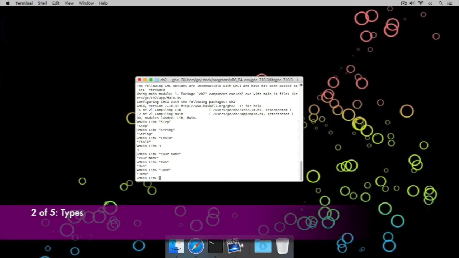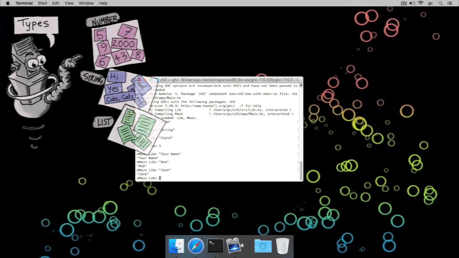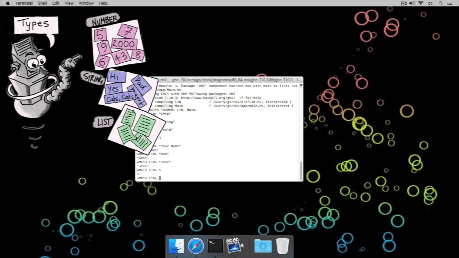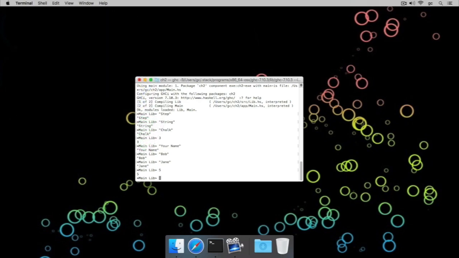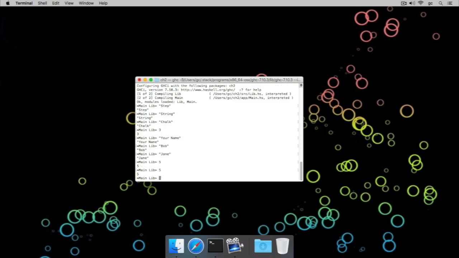Next, we have types. A type is the name for a set or group of values that are similar. As an example, there's a type for representing values like 5, and that type is called integer. Most of the time, the types of our values are not written down into the program itself. Haskell will work out what the types are for you. However, Haskell lets you write them down if you'd like to. So we could write 5, in which case Haskell works it out for us, or we could use this form to tell Haskell that we definitely mean 5 should be an integer, or maybe we'll do 34 should be an